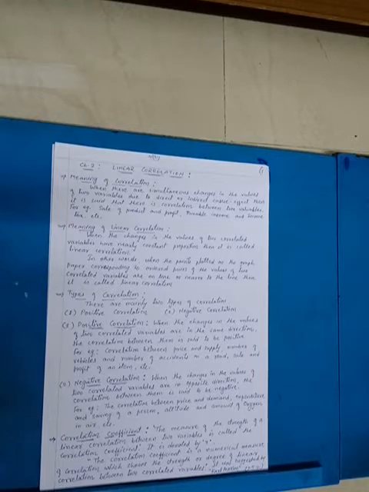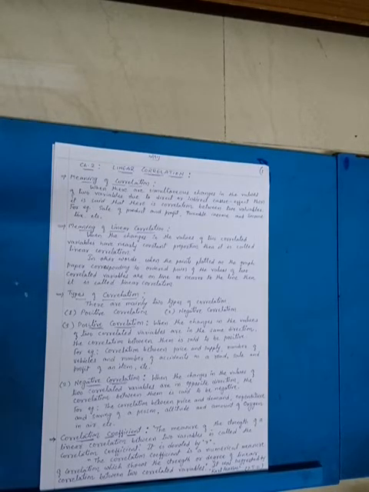Price and demand have an indirect relationship. That means if the price of a product increases, the demand for that product decreases, or if the price of the product decreases, the demand for that product increases. Such kinds of changes are known as a cause and effect relationship, and such a relationship is known as correlation between the two variables. We have to define such a relationship in this lesson.